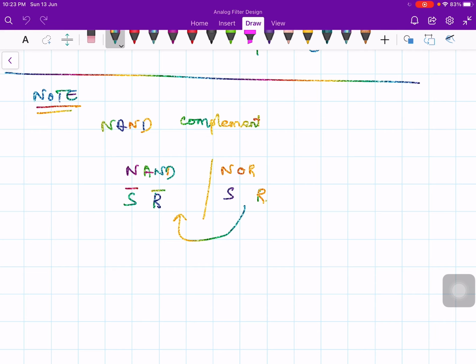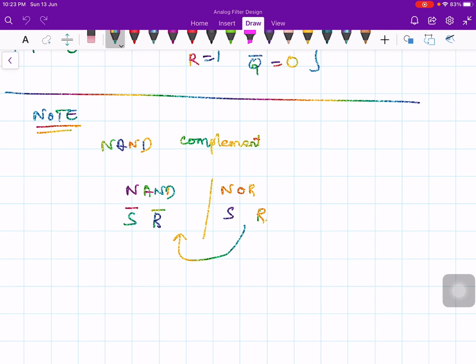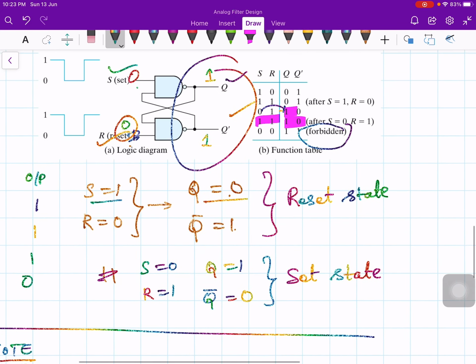Therefore, if anyone wants to construct the truth table of SR latches using NAND from the truth table of latches which uses NOR, then the input has to be complemented. If you compare these truth tables,